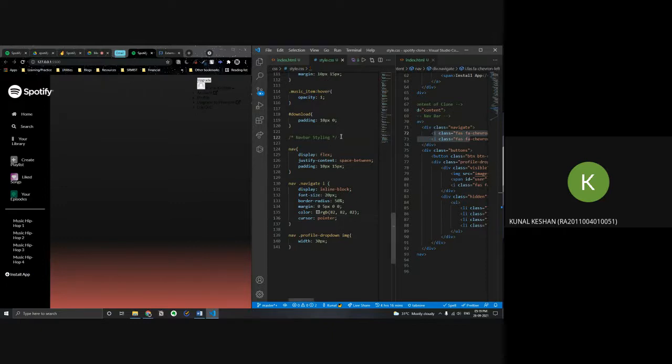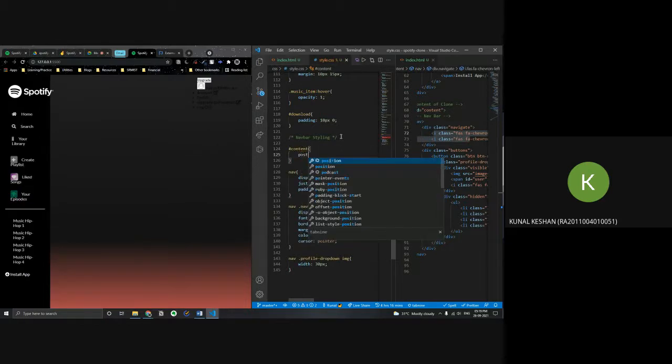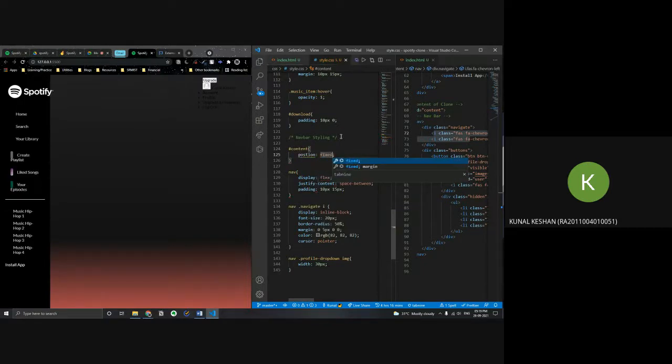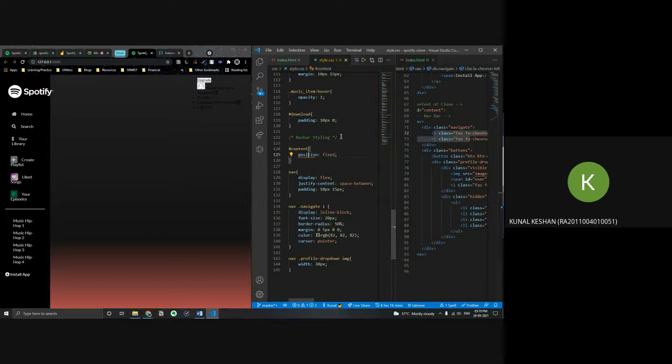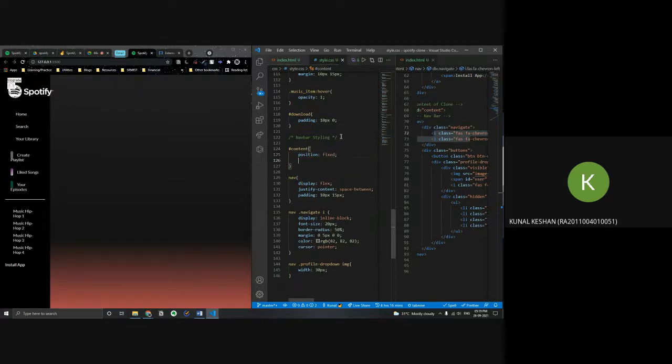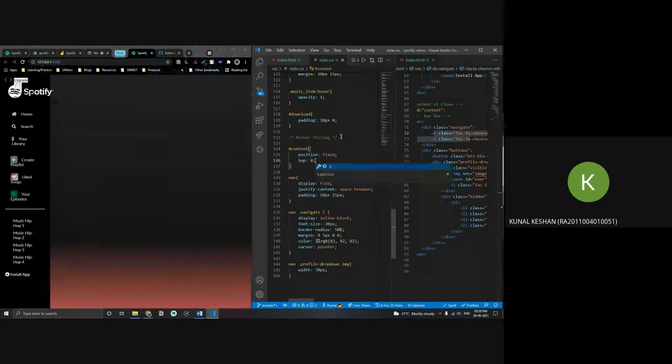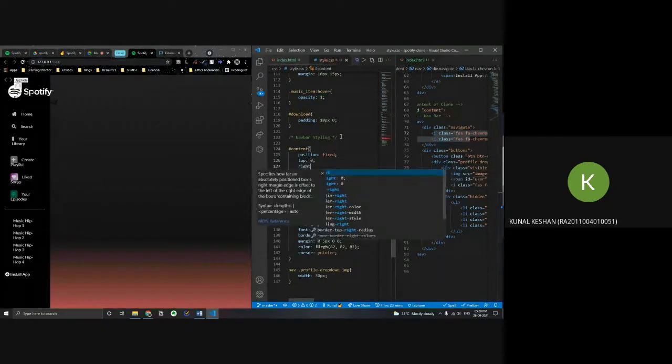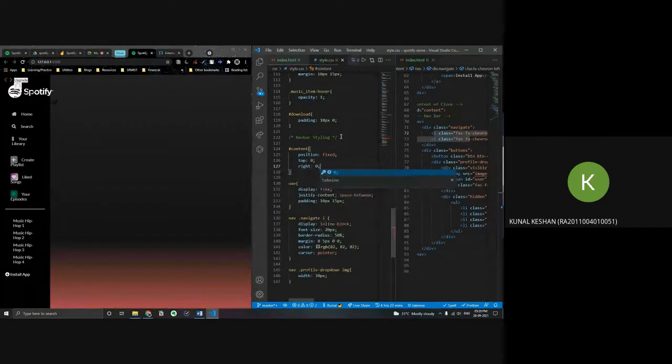So before going to that, you just target the content box and you put a position fixed. We want it to be on the right side, so top 0 and right 0 over here like this. So we'll take it over that side. You can see that now it's all starting to become visible.